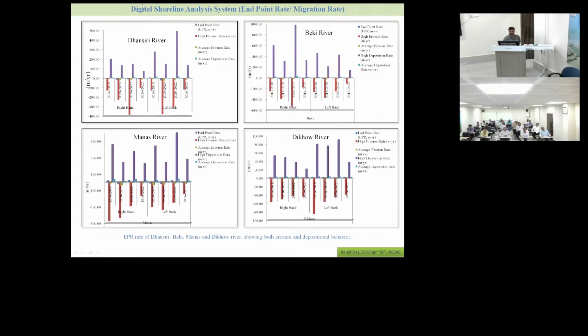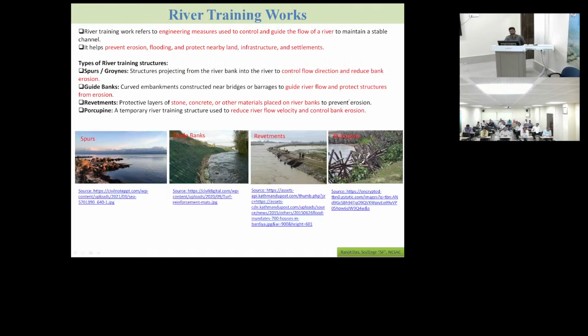These are the results: Digital Shoreline Analysis, End Point Rate, river. Then the Siri river. Both are opposite, one is the right bank, this is the left bank. Minus means deposition and plus means erosion. So here in this study, when we found erosion hotspots,